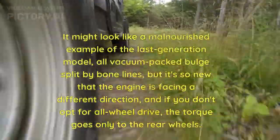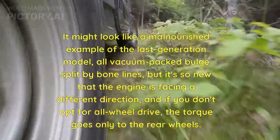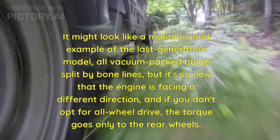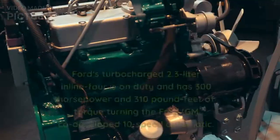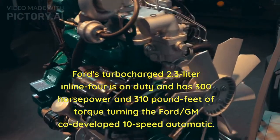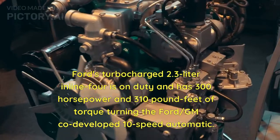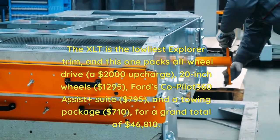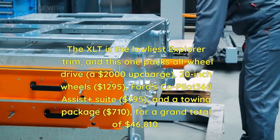It might look like a malnourished example of the last generation model, all vacuum-packed bulge split by bone lines, but it's so new that the engine is facing a different direction, and if you don't opt for all-wheel drive, the torque goes only to the rear wheels. Ford's turbocharged 2.3-liter inline 4 is on duty and has 300 horsepower and 310 pound-feet of torque, turning the Ford/GM co-developed 10-speed automatic. The XLT is the lowliest Explorer trim, and this one packs all-wheel drive, a $2,000 upcharge, 20-inch wheels,